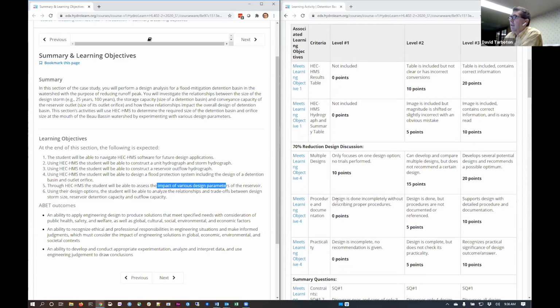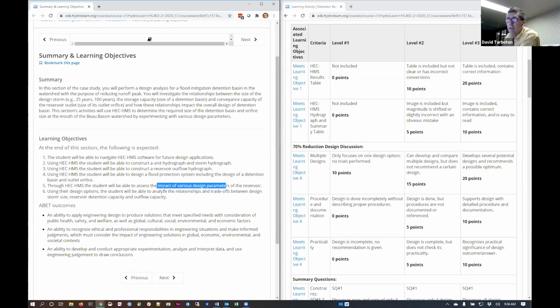Then we've got a part of the rubric, which is the procedure and documentation. So for the students to document what they actually did. And it says here it meets learning objective 4, which is they are able to design the flood protection system. Really here, the procedure and documentation is the students describing what they did, which probably cuts across many of the